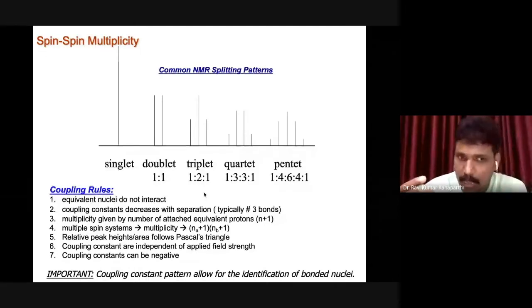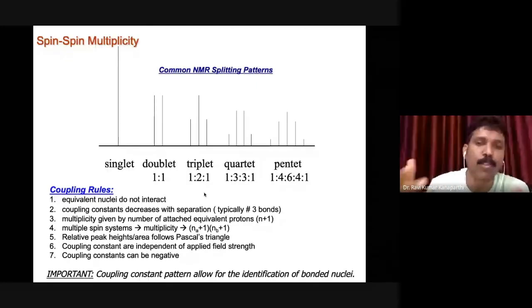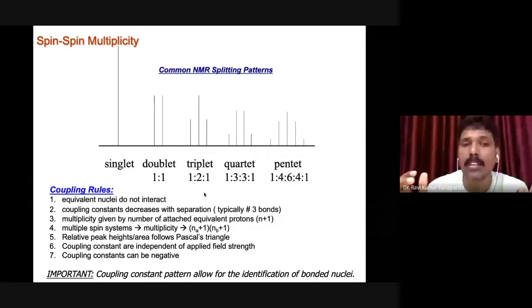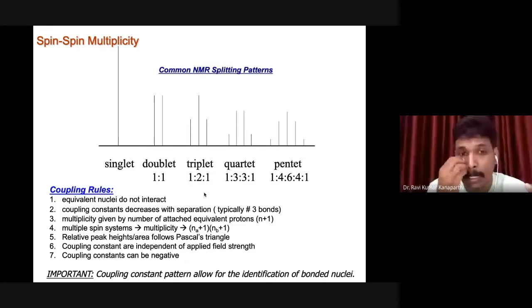But on the adjacent carbon, suppose you have a CH2. So these are different protons. Chemically, they are protons, and methyl group protons are also protons. But as far as this methyl group is concerned, these two protons are said to be non-equivalent. They are present in a different environment. And non-equivalent protons interact with each other, and only such protons will give you the fine structure. So this is point number one.